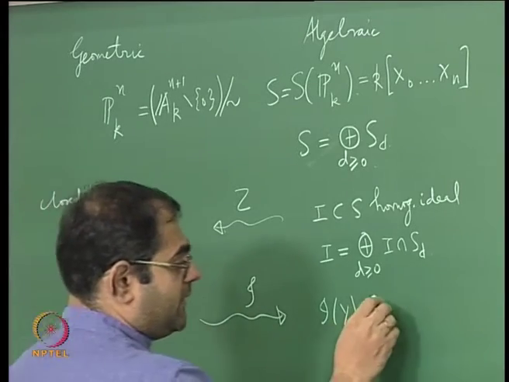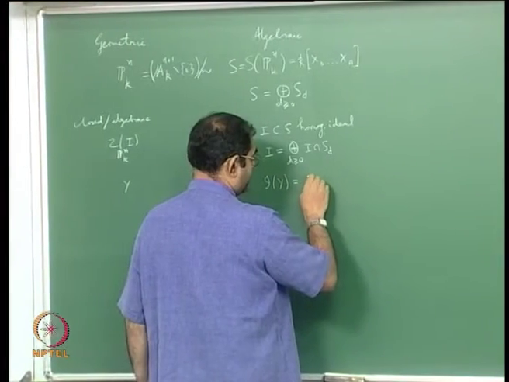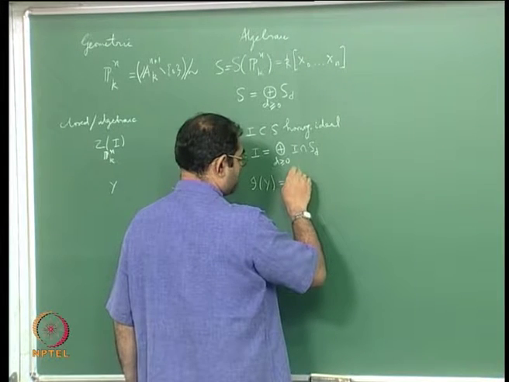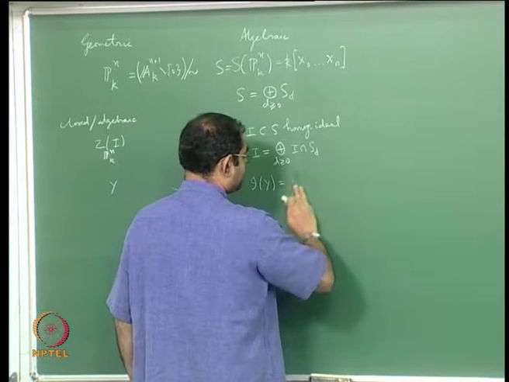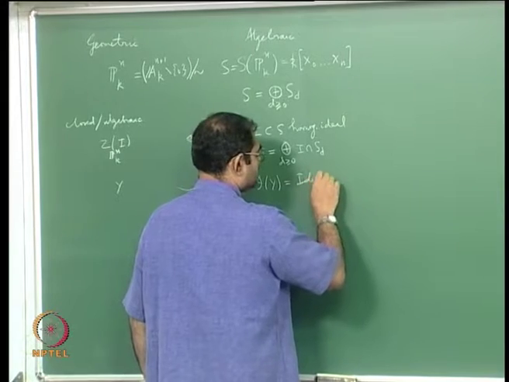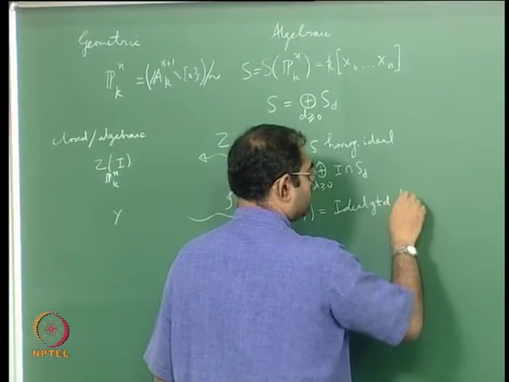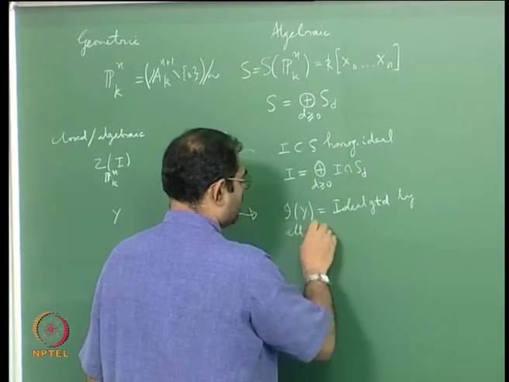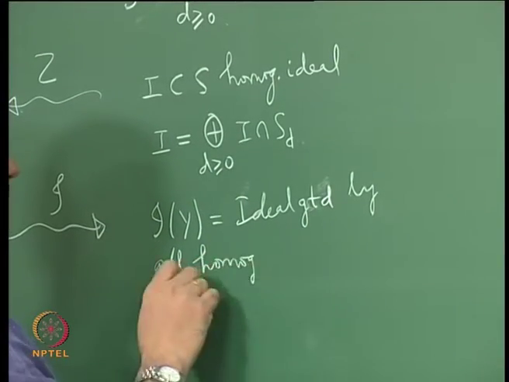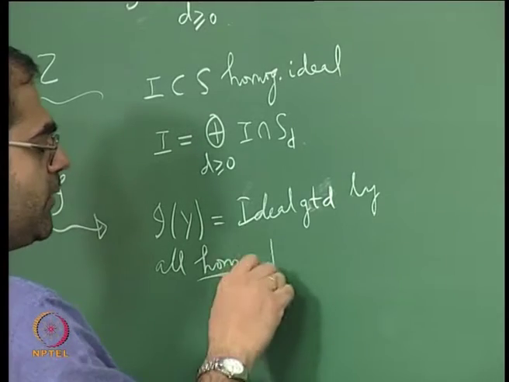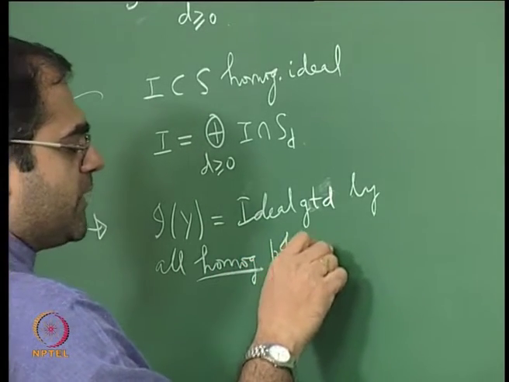So this is the ideal generated by all homogeneous polynomials vanishing